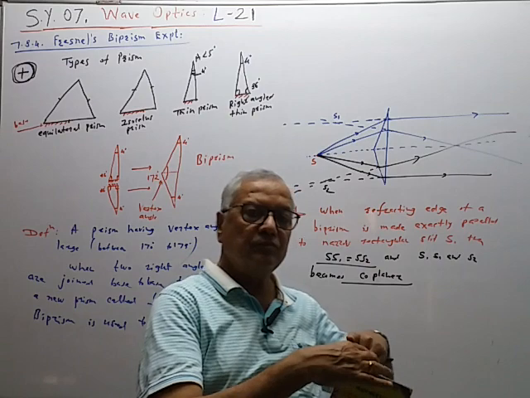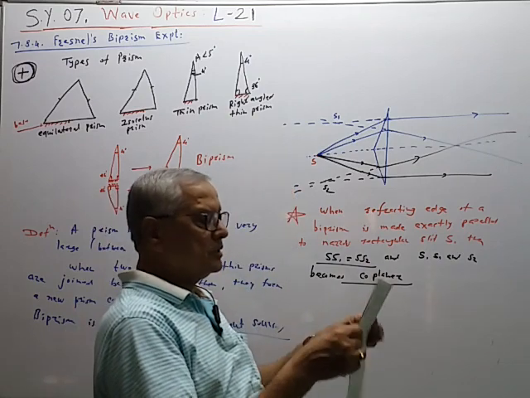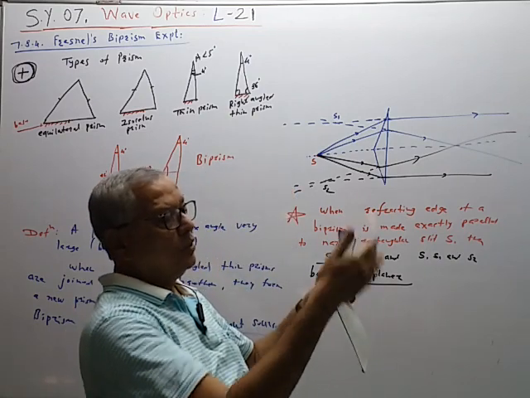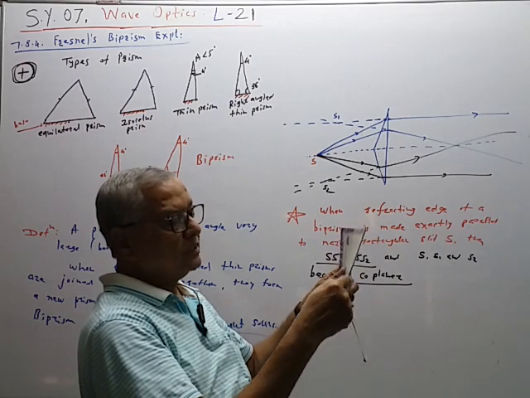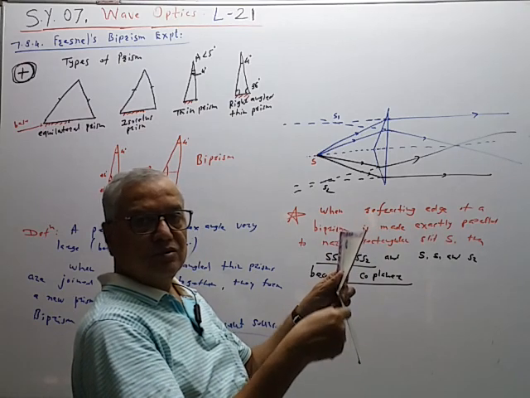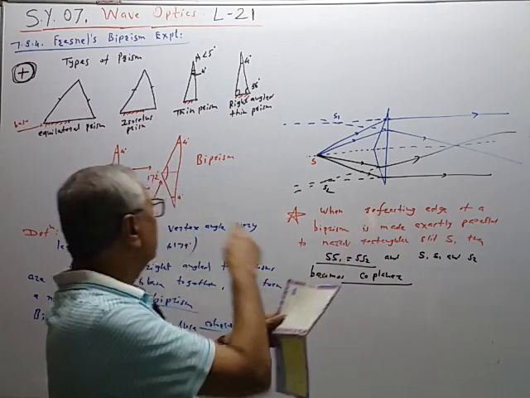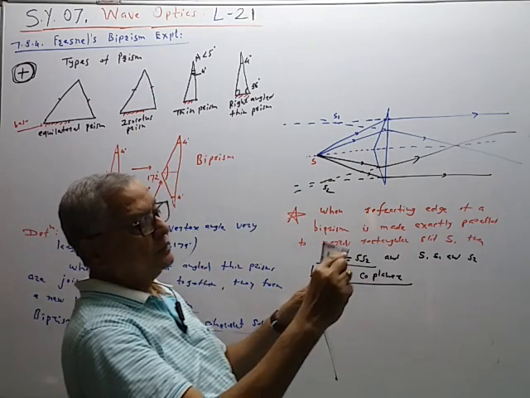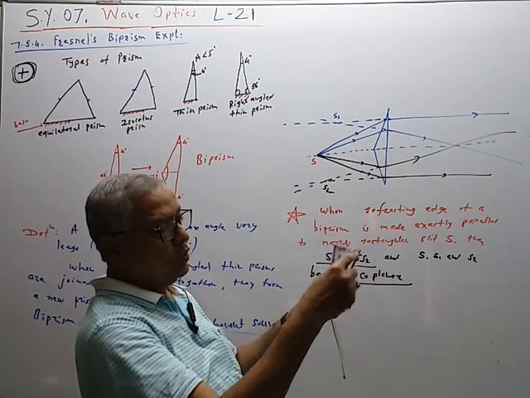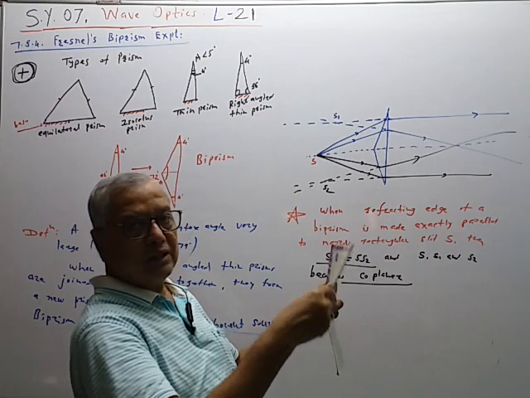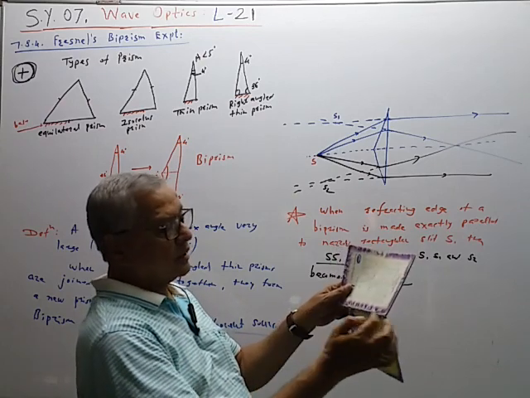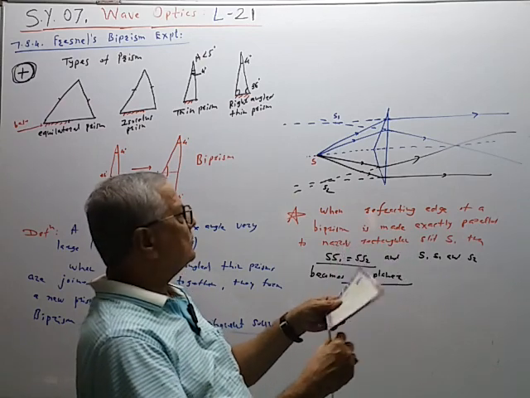So our prism will be like this. Biprism is like this. On this side there is a plane surface. So this angle is 172 degrees in our figure. This angle is 4 degrees, 4 degrees, and the total angle is 172. This is the refracting edge. So this point is called the refracting edge.